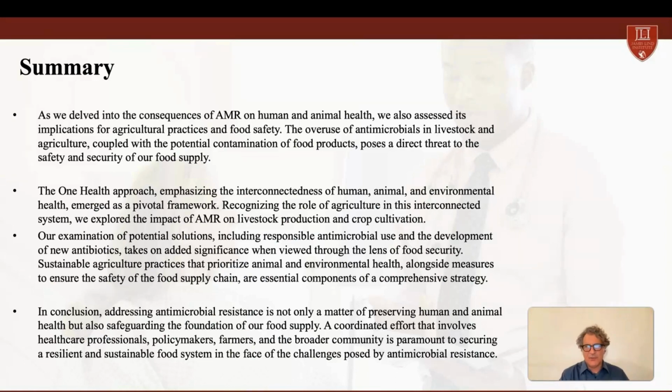To recap this lecture, we defined the different use and misuse of the antibiotics and antimicrobials in human and in the animal farming. We saw how there are several ways how this resistance to the antimicrobials can be transmitted from animals to the humans. We discussed the One Health approach, and we emphasized the interconnection of the human, animal, and environment. This is extremely important when we are thinking about any sort of surveillance, monitoring, controlling of this disease.